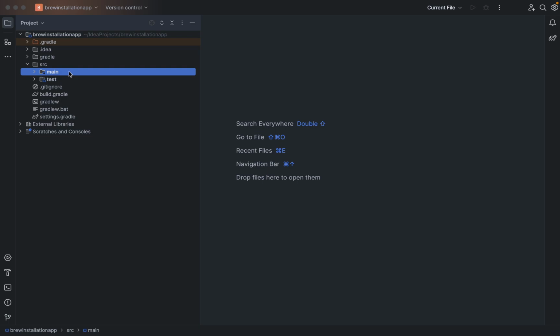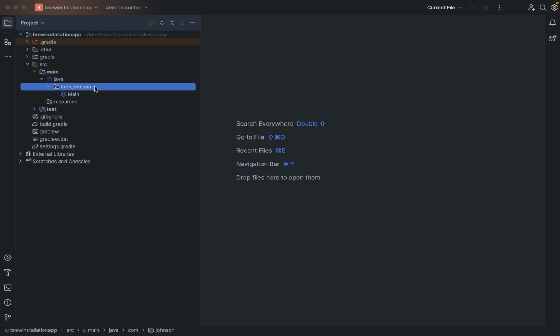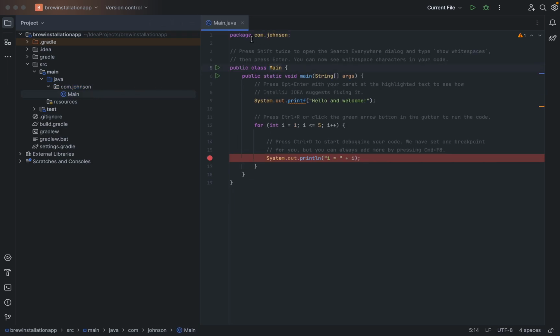The main folder hosts all our code that we need in order to ship our application, while the test folder is mainly for the development process, for us to write test cases for our app. So usually when you're creating an application, you can write a series of code that tests the application to see if certain functionalities work well. So we have our main folder and we have our test folder. Expanding our main folder, you see we have our com.johnson package. We can open up this folder and see that this is our Main.java